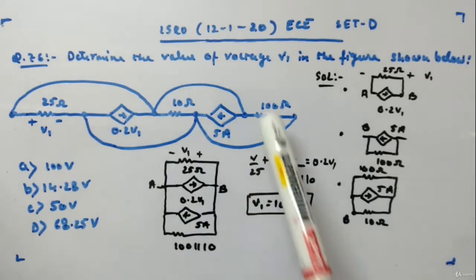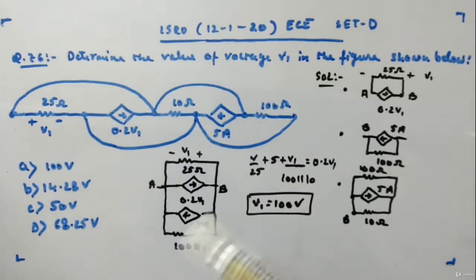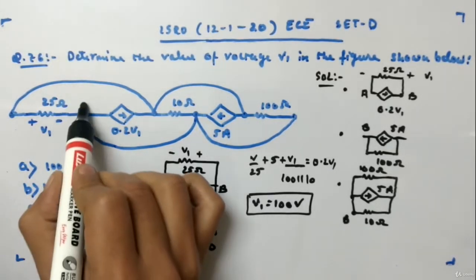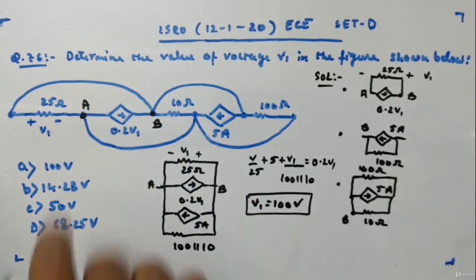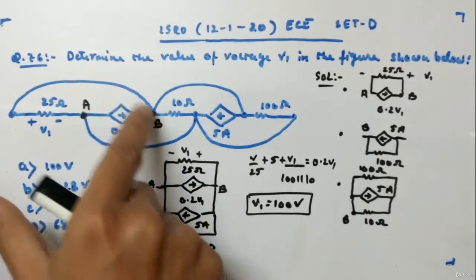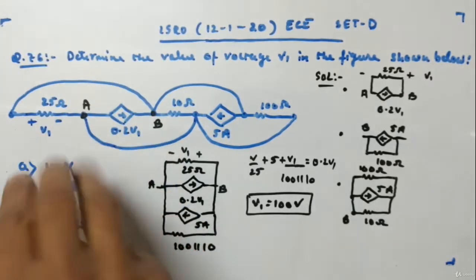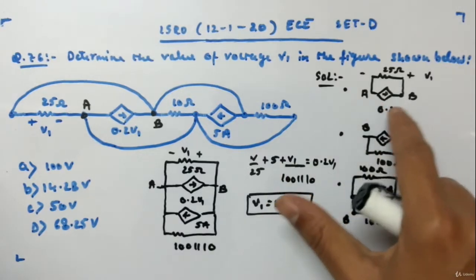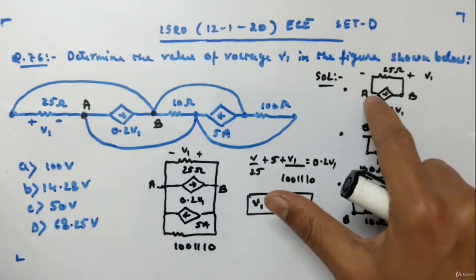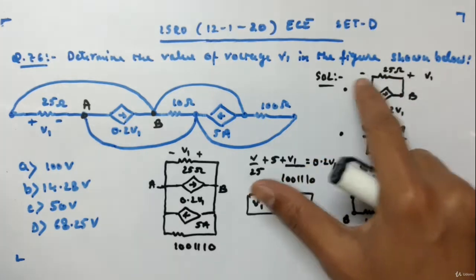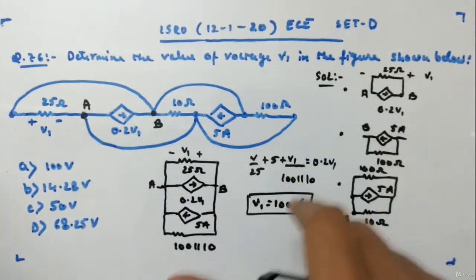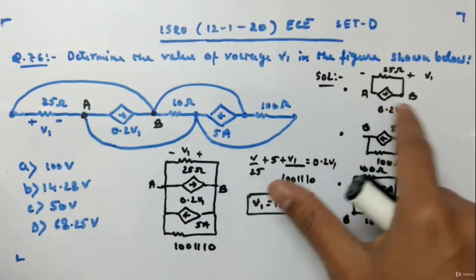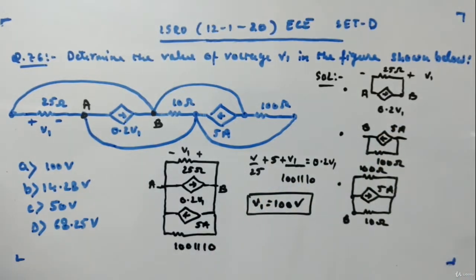This will be the equivalent circuit of this. How we got this? First step is, let's say this is A node and this is B node. Rotate this node to this, connect, because they are shorted, so you can connect this to this. So there is a rotation, so you can see the current source 0.2 V1 and I rotated 25 ohm, positive, negative V1. B is positive, A is negative. 25 ohm current is going from A to B, 0.2 V1. Okay, this part is done.